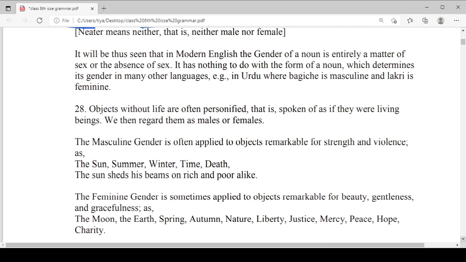Okay, and the masculine gender is often applied to objects remarkable for strength and violence. So in our earth or in our space we also categorize some nouns according to gender, like the sun, the summer, the winter, time, death. This kind of nouns we can easily say are masculine nouns. Okay,